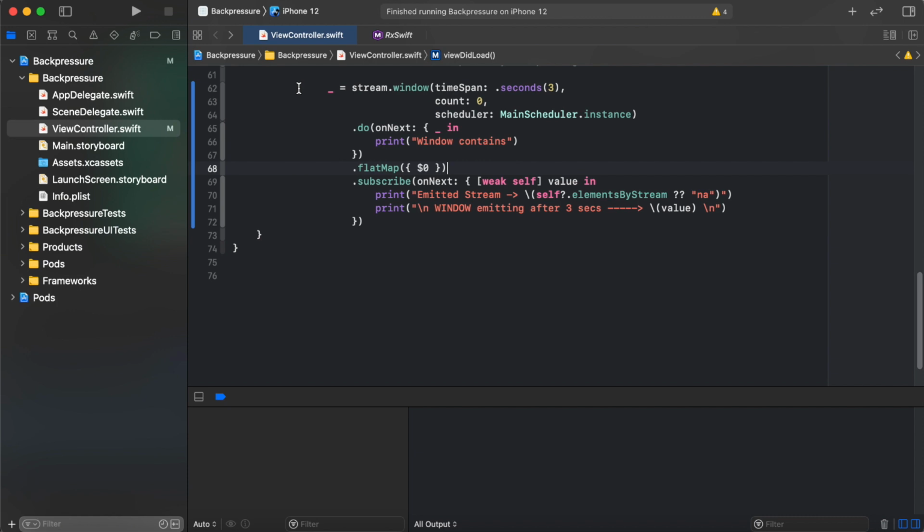Just to save some time, I'm not going to run this sample again and again, but you can understand the working of the window operator. The two major differences you have already understood: one is in the form of the time span, and the other is in the form of the emitted sequence, that is again an observable sequence, and each observable sequence emitted by the window operator has its own life cycle. In that way, the window operator works to avoid back pressure from a continuous observable stream.